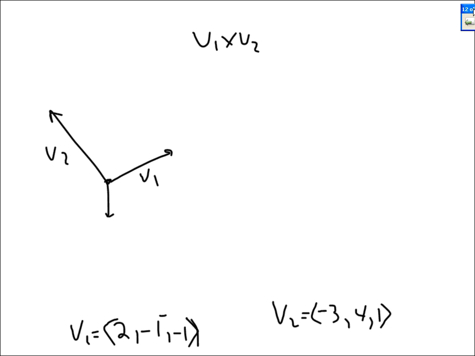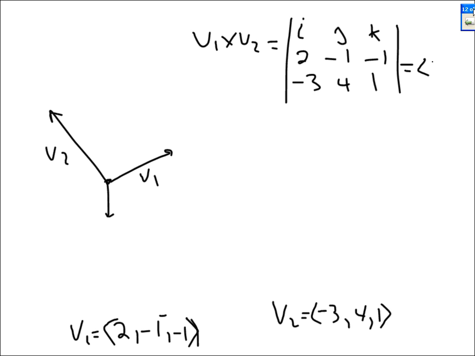V1 cross V2. We find this determinant by doing the spaghetti method. And what I got was 5, 5, 5. Now, that's perpendicular. If I take any vector,